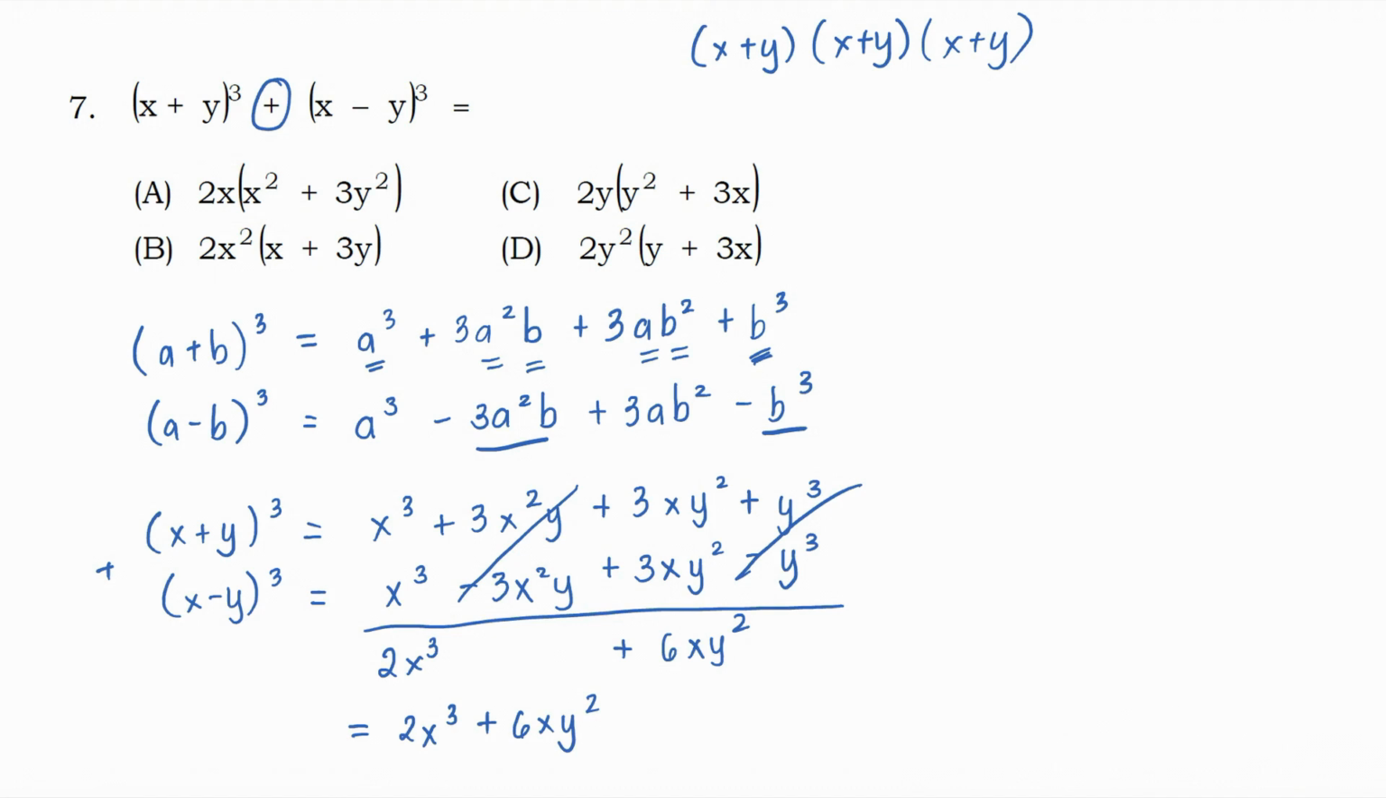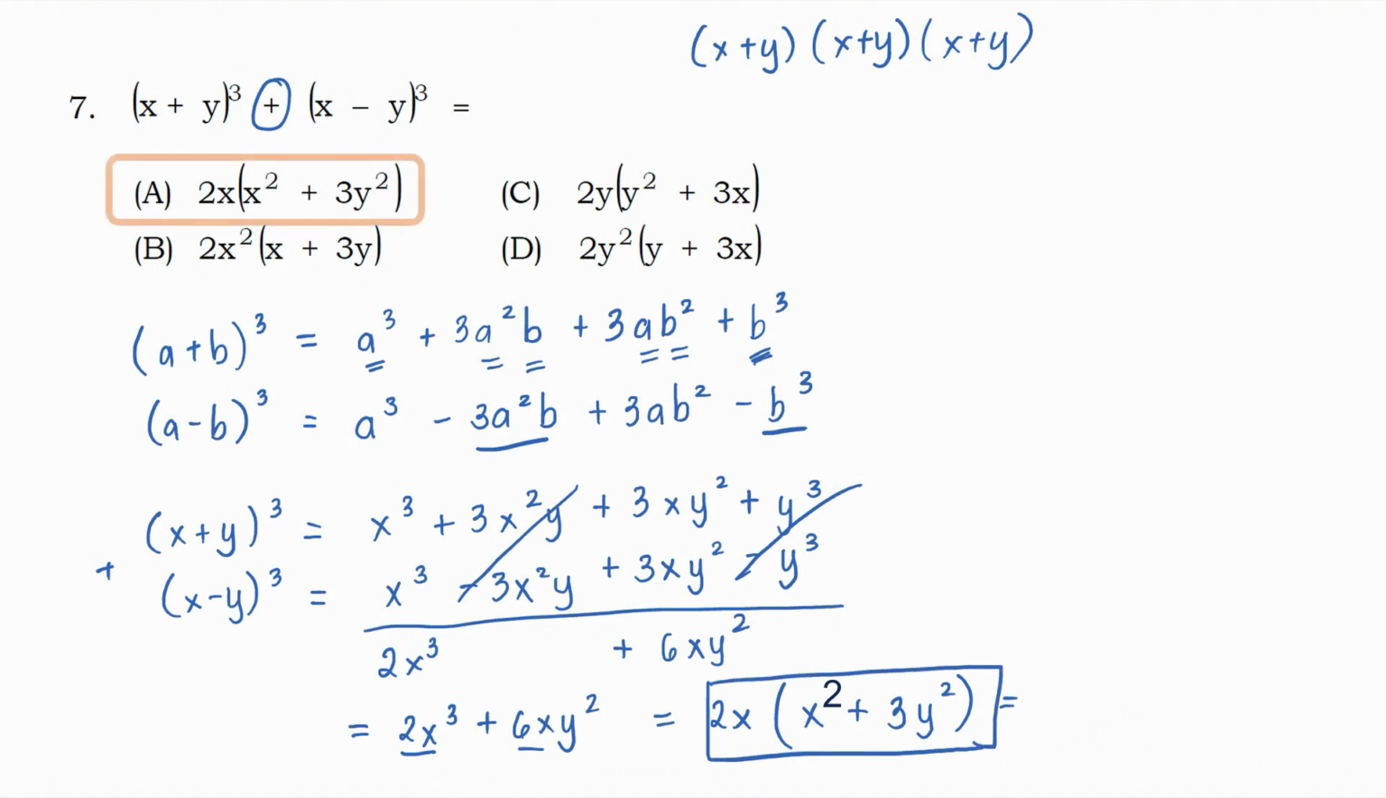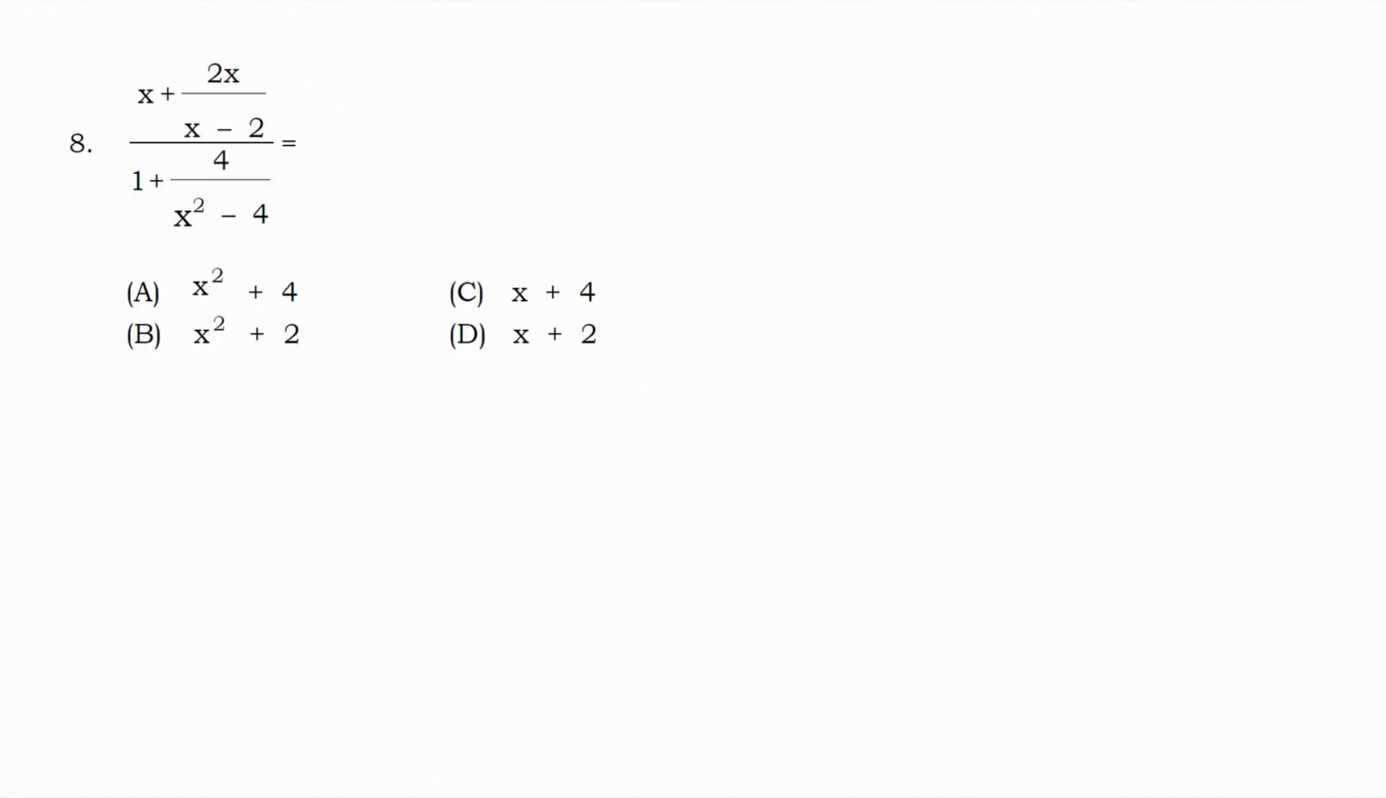Hindi pa pala kasi wala siya sa choices. Ayan, ifa-factor out mo pala siya muna. Ayan, so 2x, labas mo yung 2x dito, and then yung 2x dito. So, you're left with x plus, since meron kang 6, diba? So, 2 times 3, so meron ka pang naiwang 3 dito. 3 times y squared. So, ayun na. Ito na pala yung final answer. Which is letter A. So, dito sa number 8, kunin muna natin yung answer for the numerator tsaka denominator,